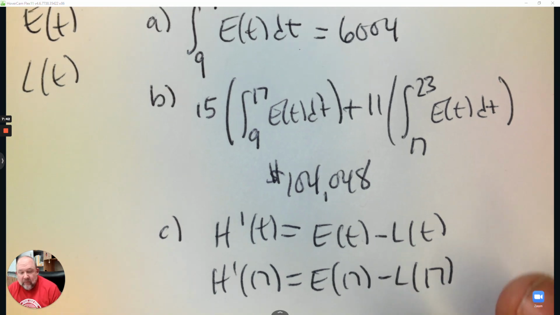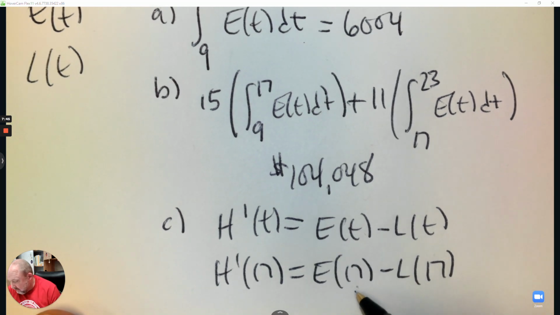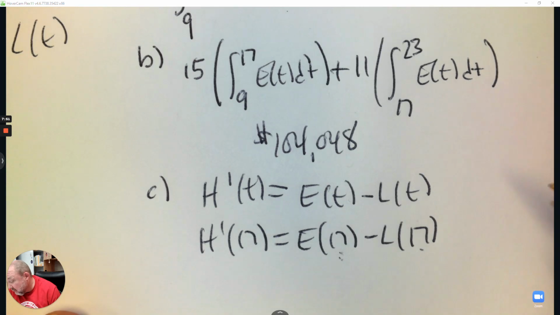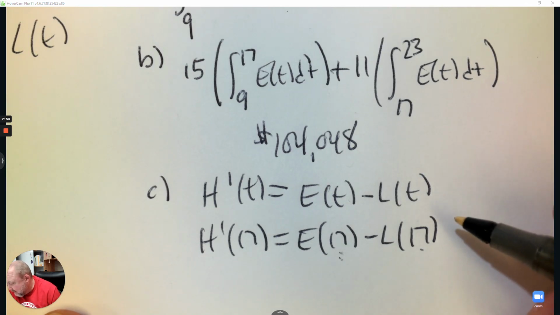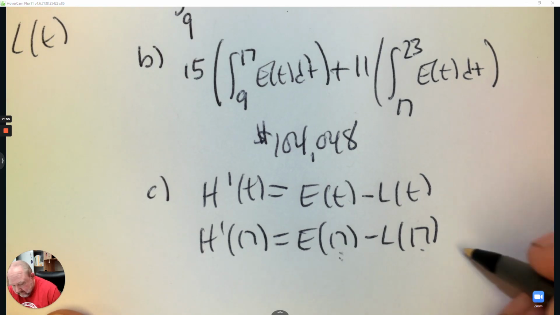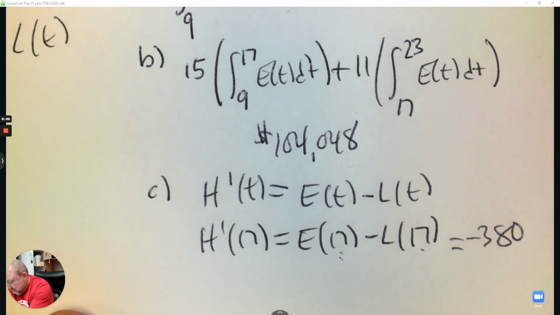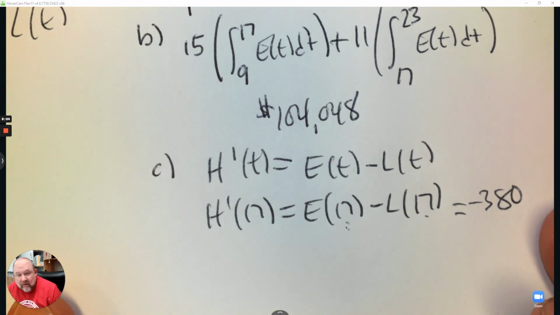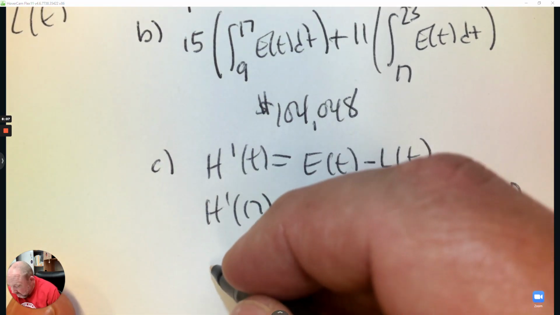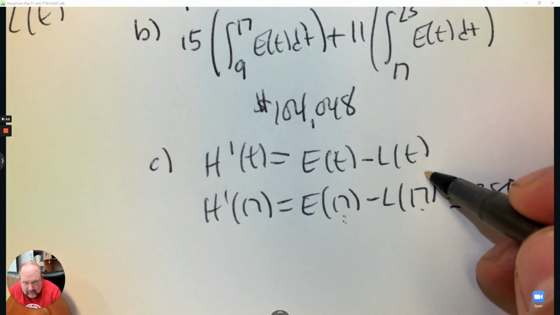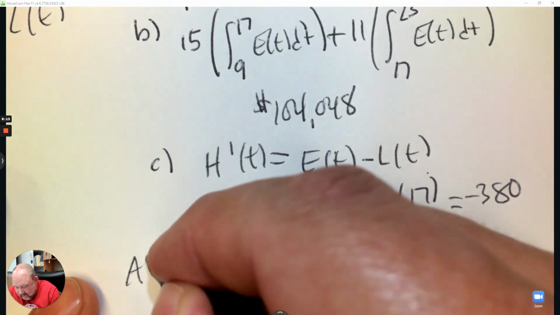So then you just plug into the equation that's given, the integration question. Plug 17 in and plug 17 in, and then use your calculator. And you get negative 380. And then it says, explain the meaning of this. So h at 17, when you are the people entering compared to the people leaving, then at 17, which is